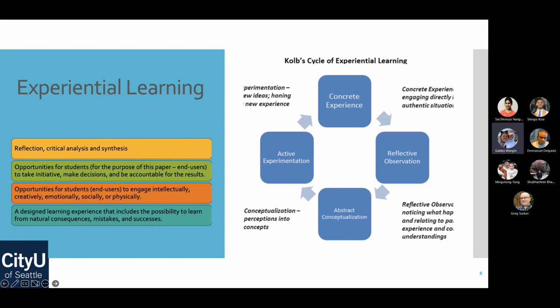So the first theory I'll cover is experiential learning. This is learning by doing. The Kolb cycle of experiential learning goes through four main phases: the actual experience, then reflective observation, which is reflecting on the experience. Next is abstract conceptualization, the learning from the experience, perceptions to concepts. Then active experimentation, trying out what you learned. It applies what you know to a certain activity, followed by reflection,